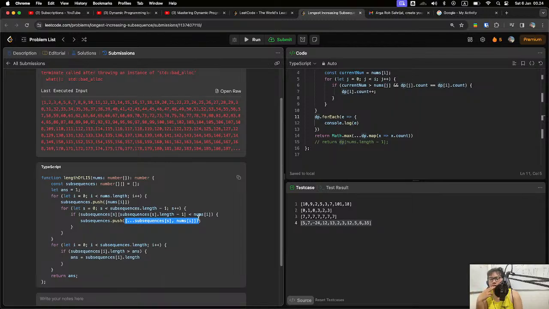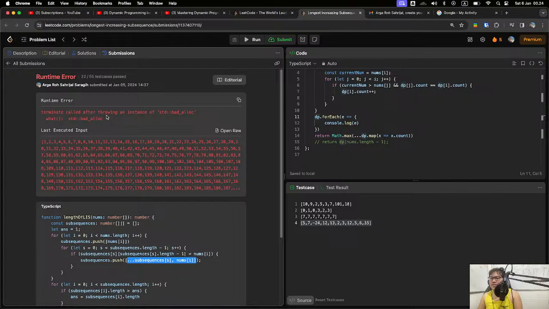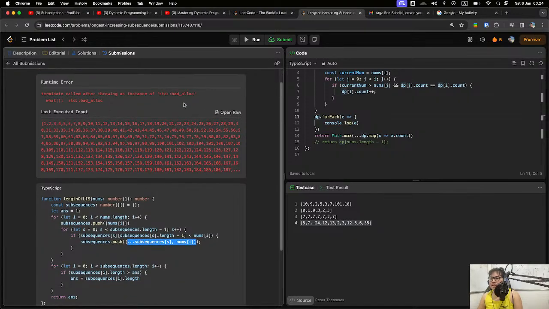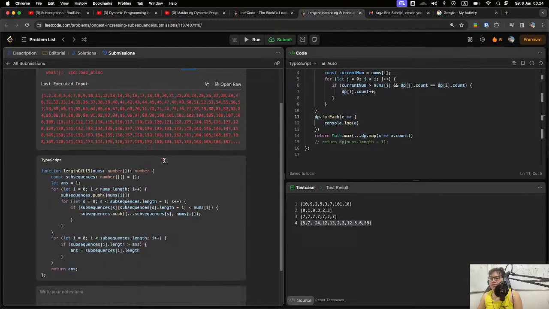Well, this is interesting because the limit here is the length of the subsequences. But now here inside the loop, we also push a new element. I need to investigate what happened here, but actually this is why I think it got a std bad alloc error, a runtime error. I think this stands for allocation. The program didn't have enough memory to allocate